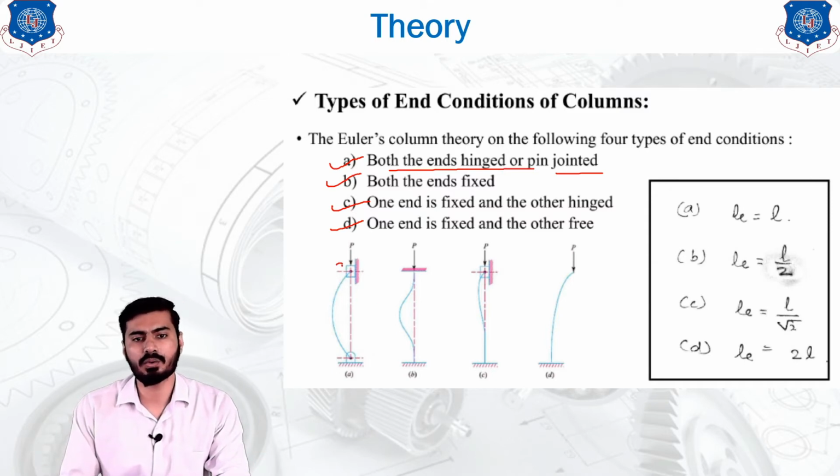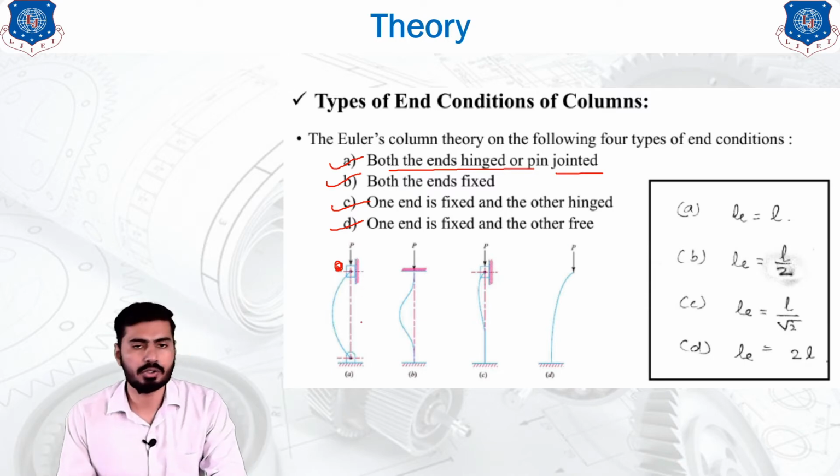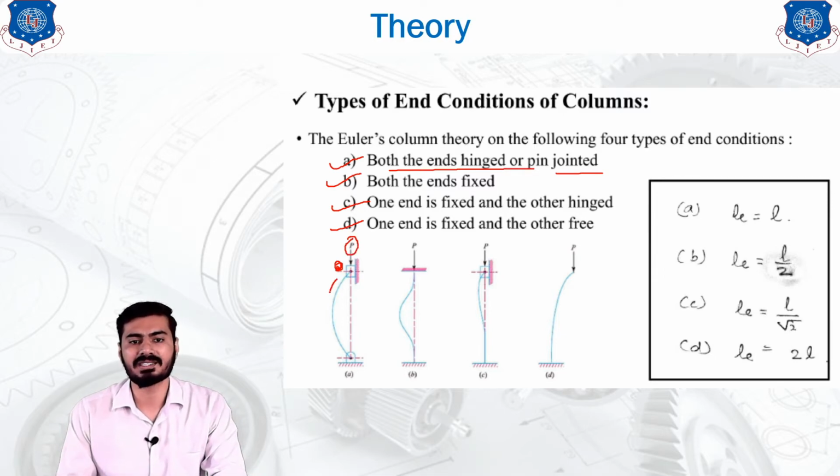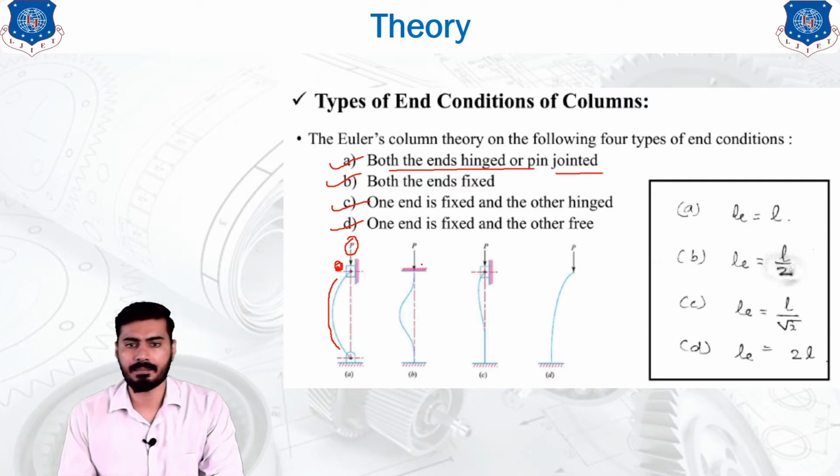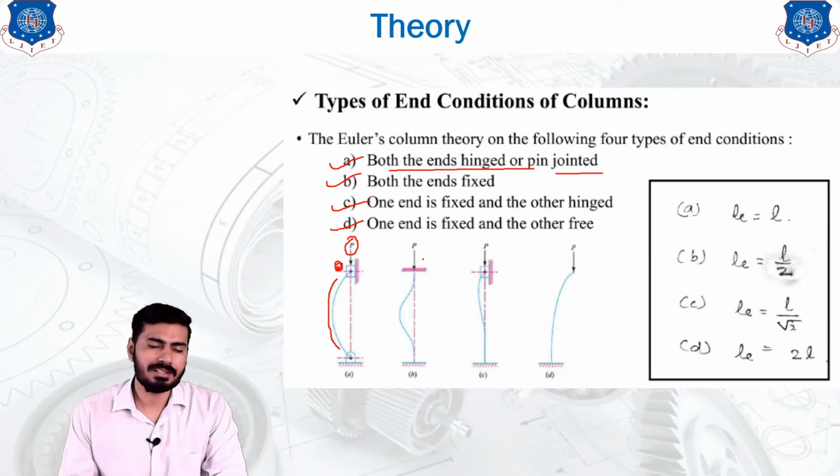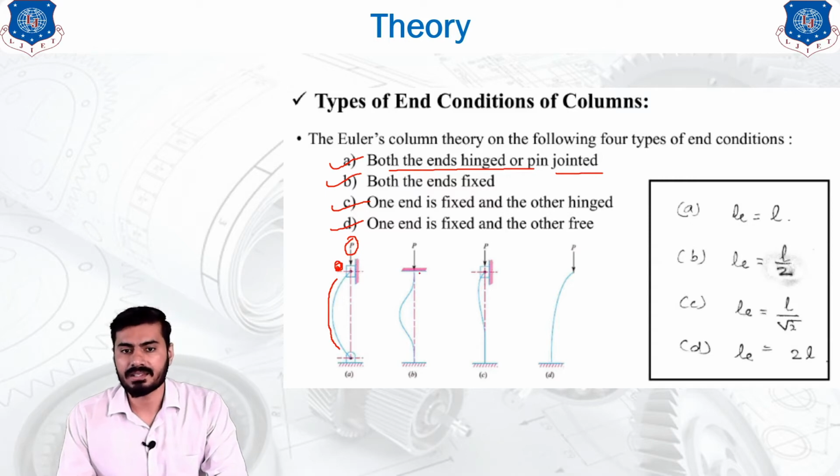The 4 different diagrams of those conditions are also provided, where you will see that both ends are hinged over here, from which the column is able to rotate, and that's why whenever a compressive force P is applied on the column, it will bend in this manner. If you consider the second one, where the ends of the column are fixed, then the ends are not able to rotate at the fixed support, and that's why the bending of the column will occur in the intermediate zone and not at the end length.